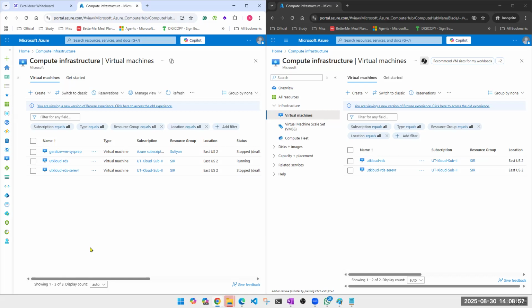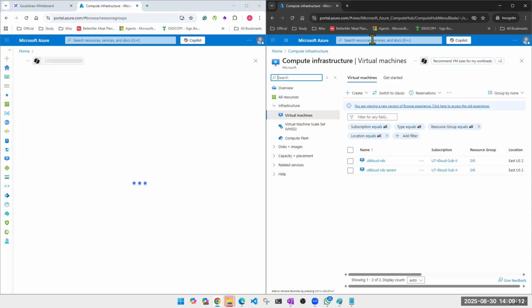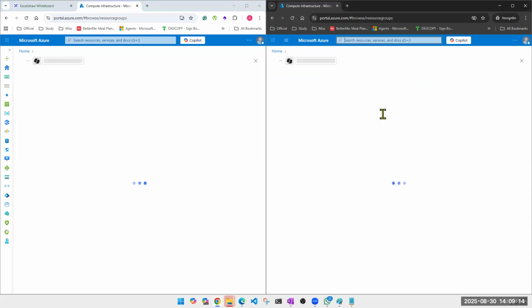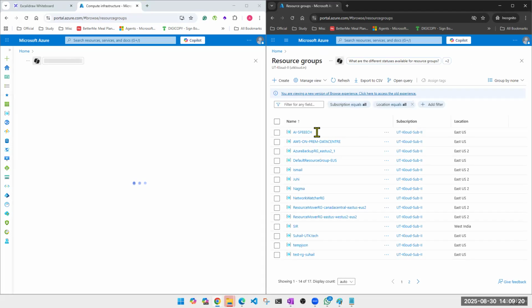So subscription is different. Yes, perfect. Because I have 3 machines, but 2 of them are in this subscription, the third machine is here. And I have given him access only to this subscription. So I hope you understand. Even related to resource group, same thing will happen. He will not be able to see all of them. Most of them will be there because I've given him the access of my actual subscription. So he'll be able to see most of them, but not all of them. So this is how it works, guys.